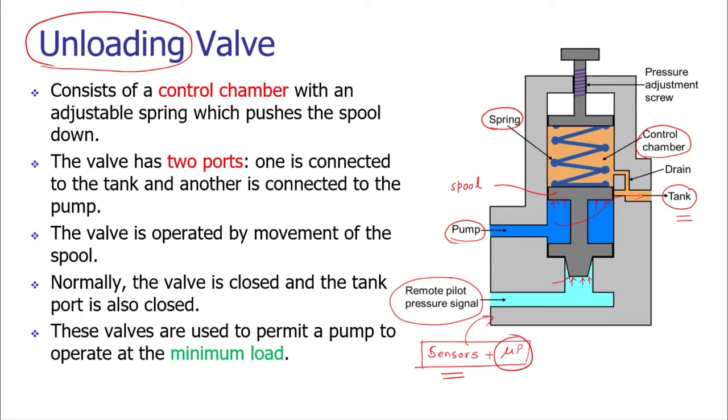So in this way we can have continuous monitoring of the fluid flow inside the system, and we can have an automated fluid flow monitoring and control system by using the sensors and the microprocessor arrangement. Various types of fluid flow sensors we have seen in the previous weeks, and we have also seen the technology related to the microprocessor.